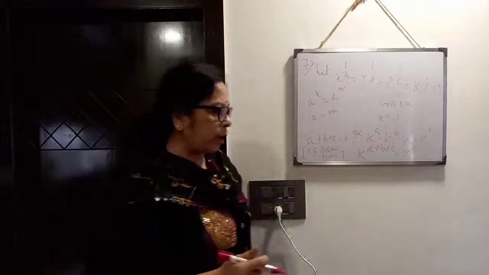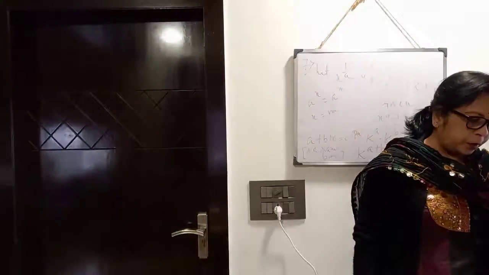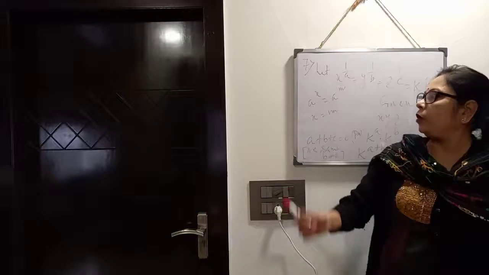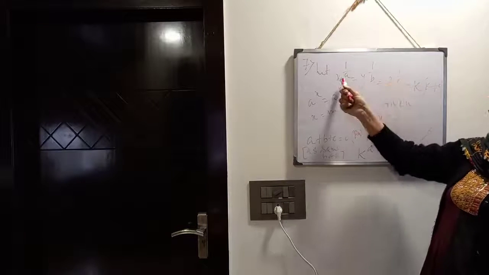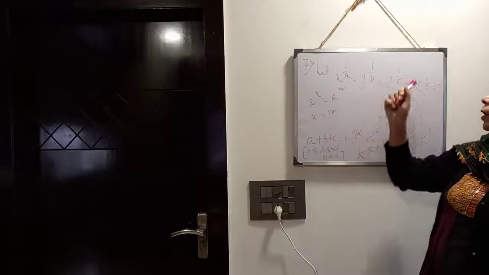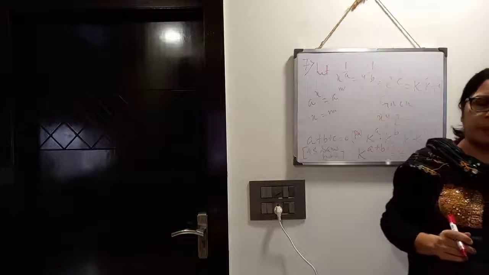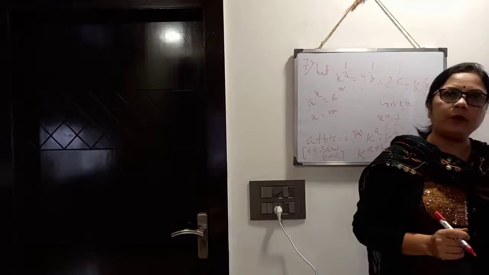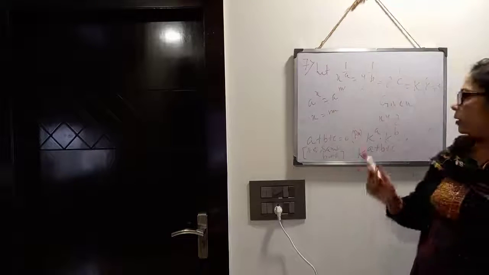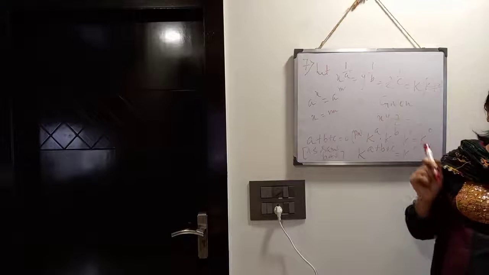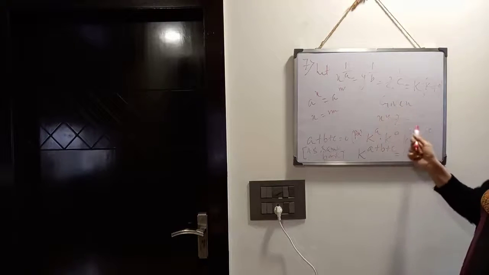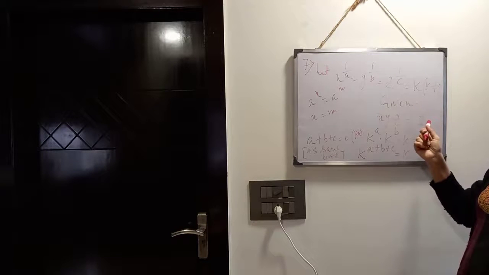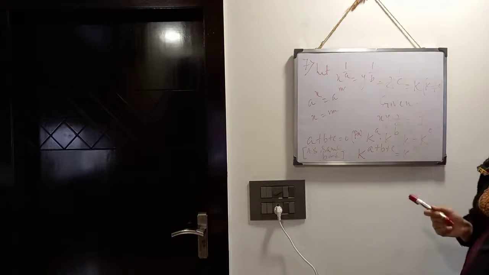So in this type of sum, what to do? X to the power 1 by a, y to the power 1 by b, z to the power 1 by c, we have to consider some constant k. Then from here x equals k to the power a, y is k to the power b, z is k to the power c, and given xyz equals 1, there we will put the values of x, y, z. Clear? And on the right hand side, in place of 1 we have written k to the power 0.